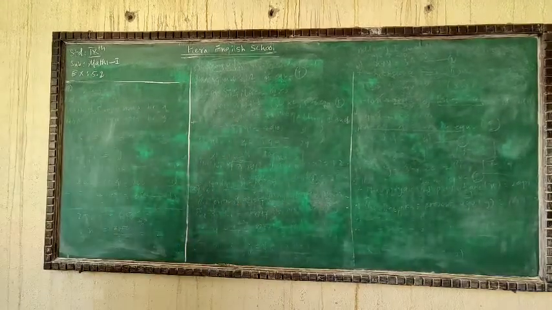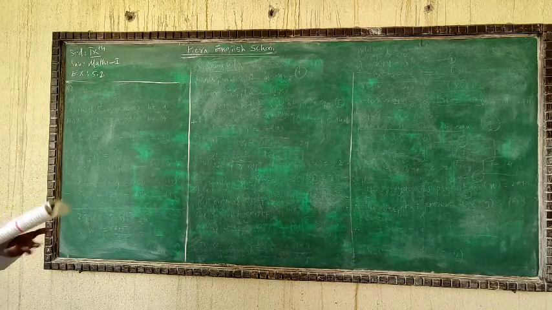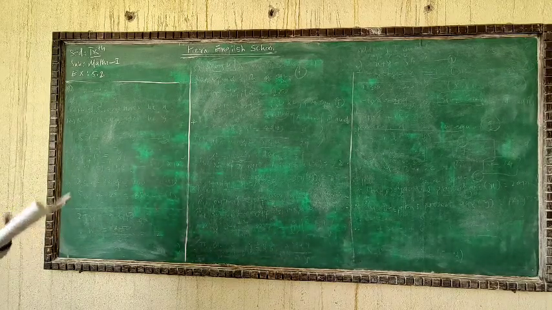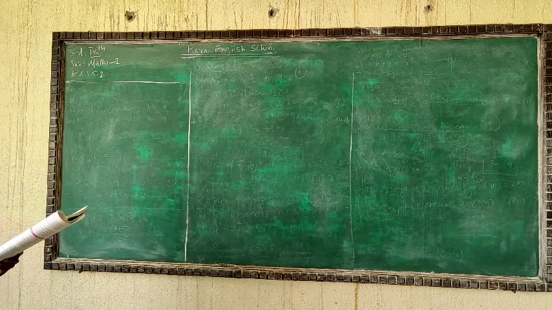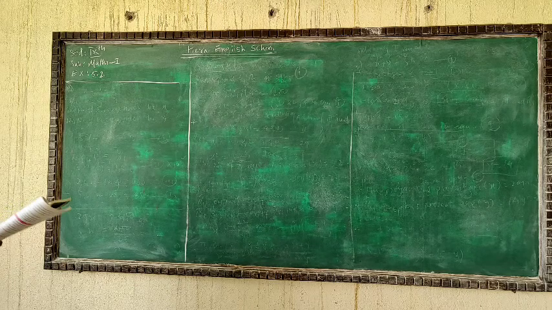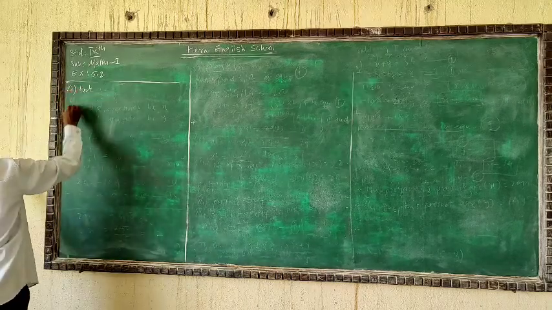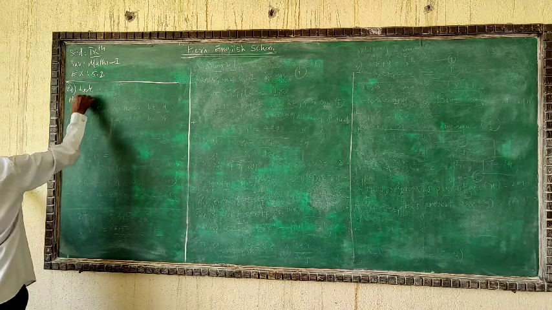Now the next question. Question number four. See here, the total number of lions and peacocks in a certain zoo is 50. Suppose in question four, let the number of lions